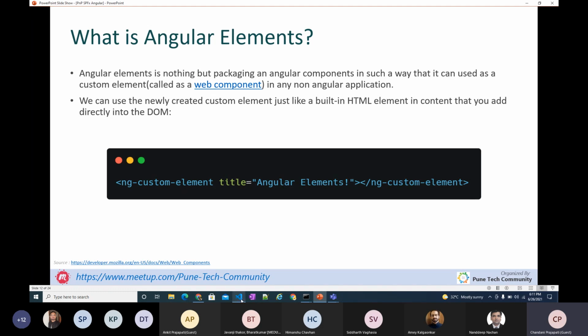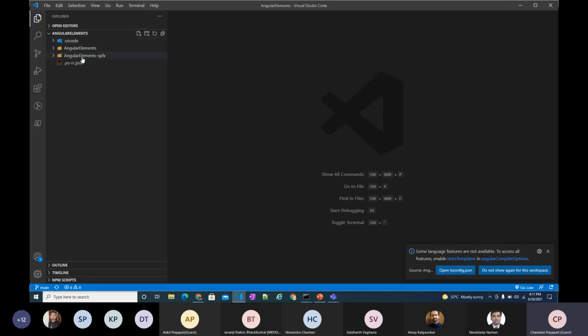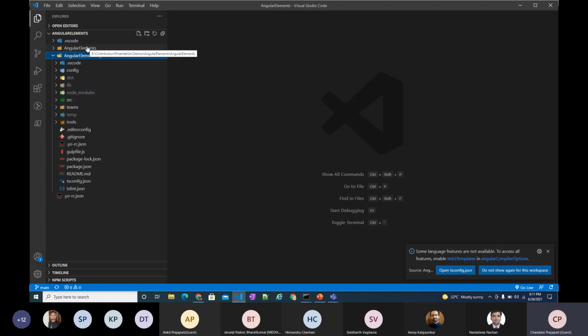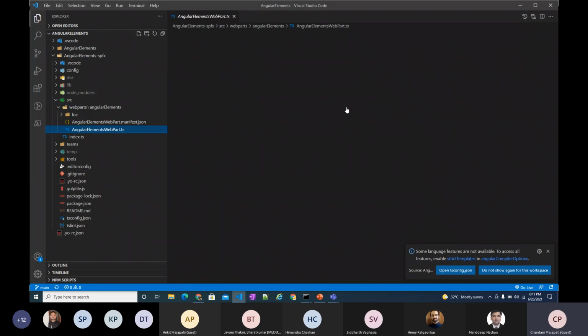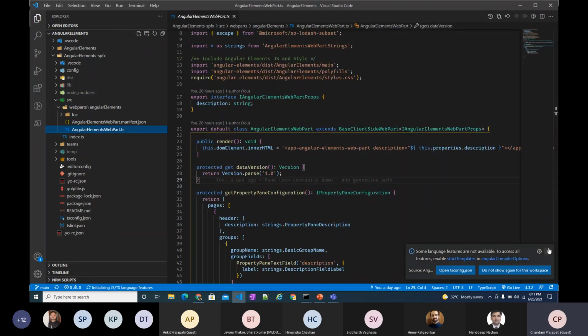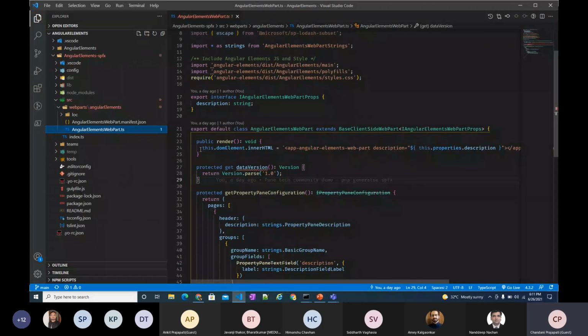So let me show you. I already have created one project. This is for SPFx and this is for Angular. In SPFx, yes, here we can see app Angular element web part. This is the Angular element which is coming from Angular.